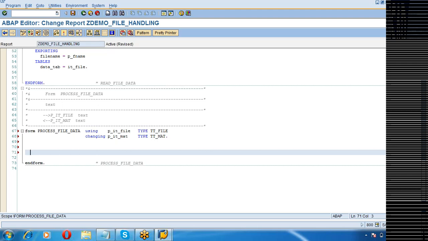I know that the file is a comma separated file, that is the individual fields of the file are separated by commas. So what we will try to do is we will try to split the content of the file at the comma, using the string statement called split. So loop at it_file into a work area.